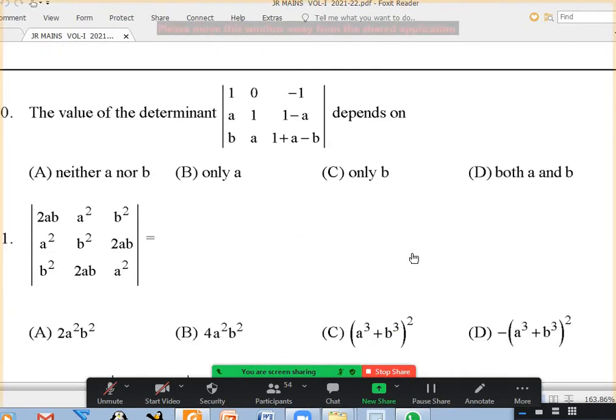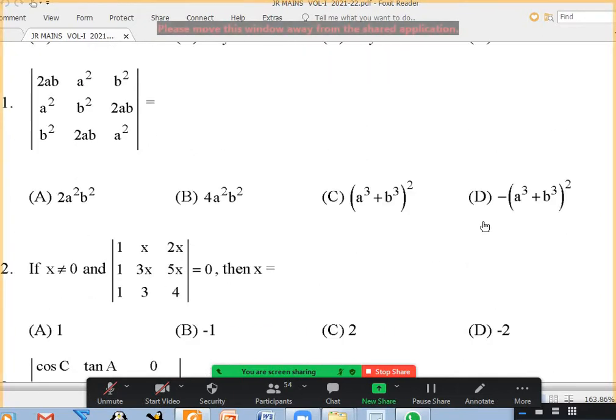Okay, got it. 48th one, basically what is the logic? If you remember earlier I discussed, a square plus b square plus c square minus ab minus bc minus ca is 0 only when a equal to b equal to c. Why? We wrote it as multiplying and dividing with 2: a minus b whole square plus b minus c whole square plus c minus a whole square by 2. Something square plus something square plus something square equal to 0 only when all are 0.